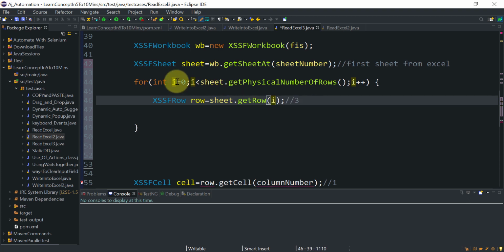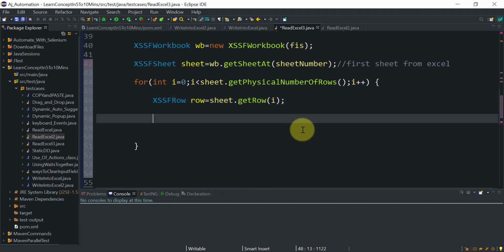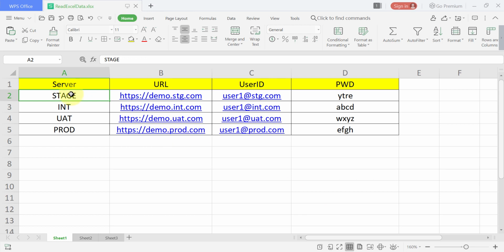So it will first check the 0th row, then I will increase, then the first row, then the second row, then the third row, likewise. Once I get the row, the next thing is I need to scan the cells from that row. Not each and every cell, only the first cell. Try to understand that our server name is available in the first cell of every row, right? So you don't need to scan the second cell, because it does not contain the server name.